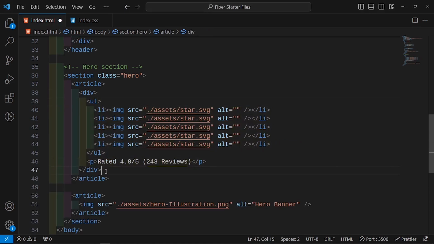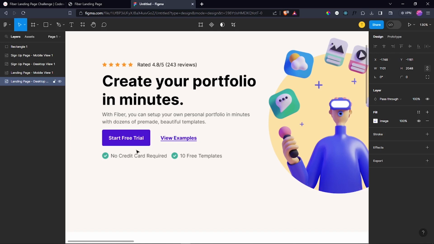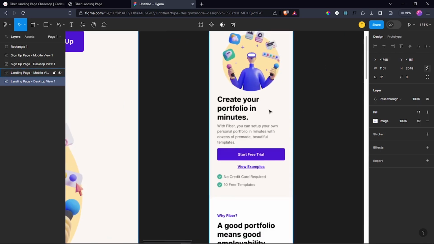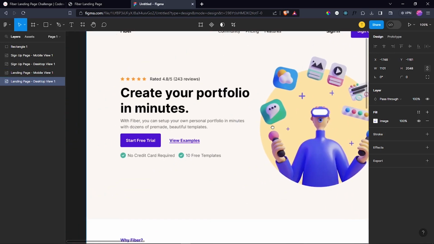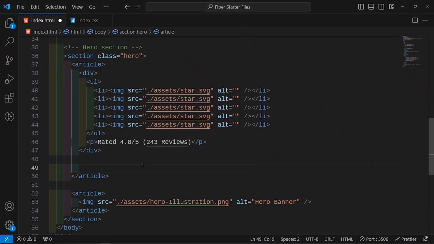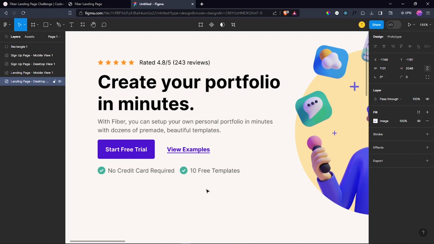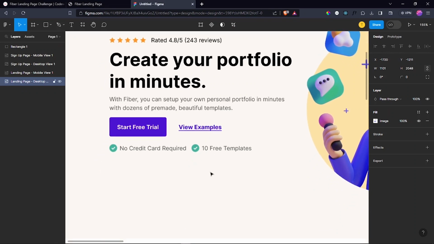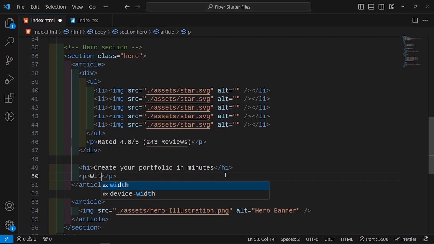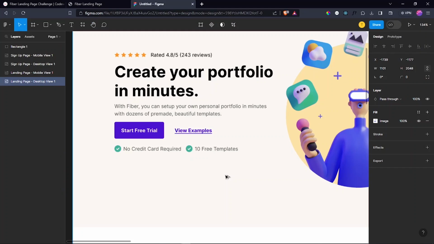And for this, I'm going to use a div. And then below this div, I'm going to have, let me see, how does this look on mobile? Stacked one on top of the other. So I'm going to do this. We're going to have an H1 that says create your portfolio in minutes. And then below this, we're going to have some text, which I'm going to type out because they don't provide the text. So with Fiverr, you can set up your own portfolio in minutes